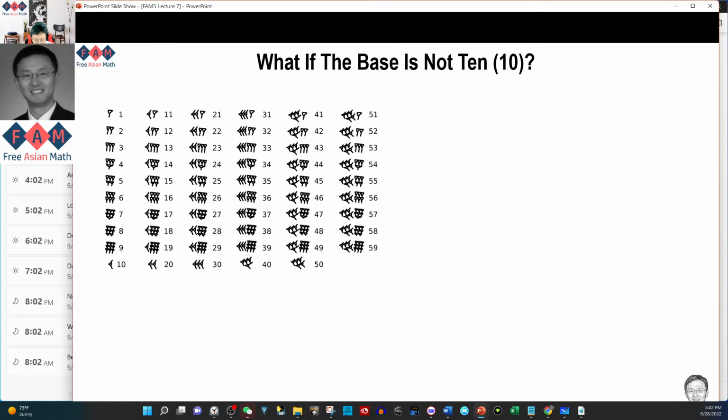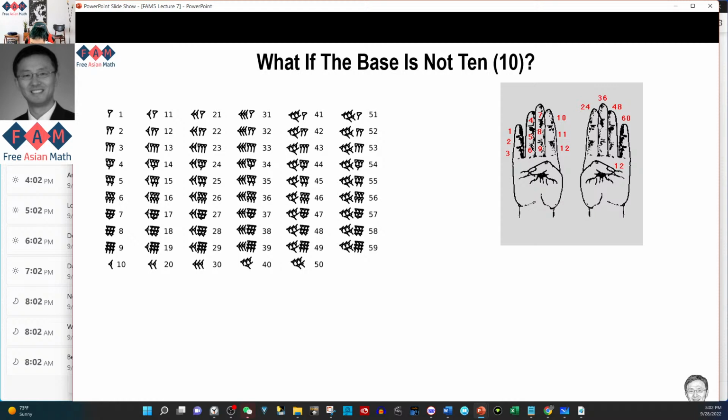Actually, 60 did not just happen randomly. 60 is a good number because it has a lot of divisors, right? We actually still use this system in a few places. For example, 1 hour is 60 minutes, and every minute is 60 seconds. That's actually a base 60 system. We also have